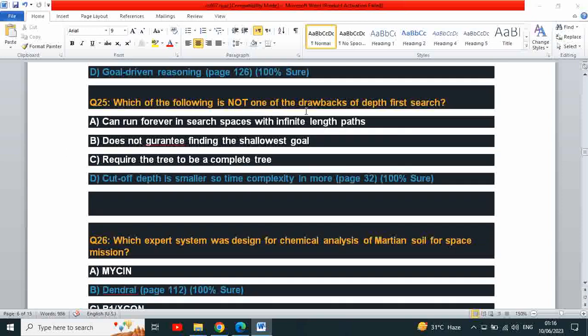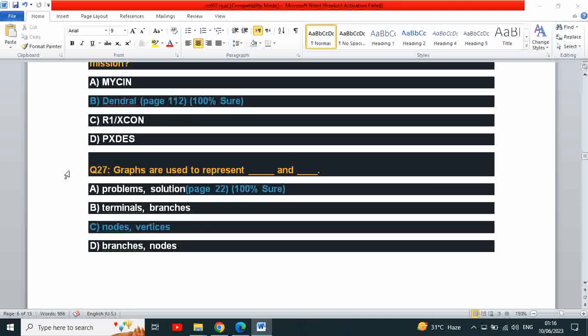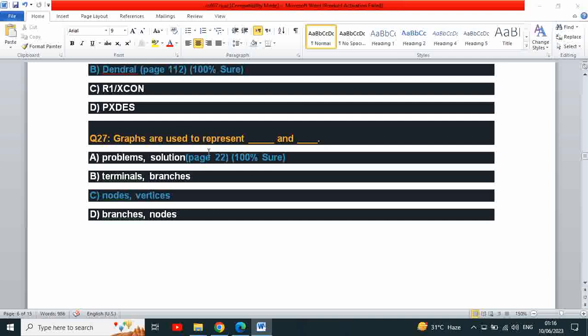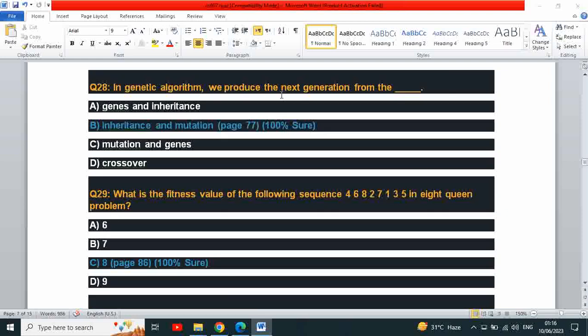Which of the following is not one of the drawbacks of depth first search? This is not the drawback: cutoff depth is smaller, so time complexity is more. This is not the drawback of depth first search. Which expert system was designed for chemical analysis of Martian soil for space mission? Dendral. Graphs are used to represent nodes and vertices. In genetic algorithm, we produce the next generation from the inheritance